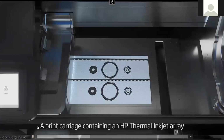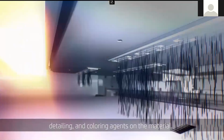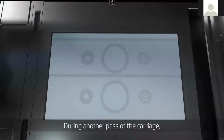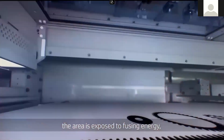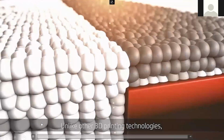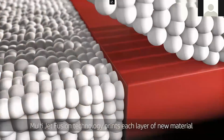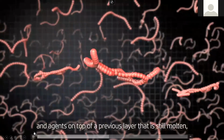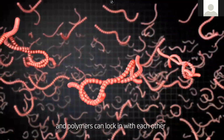Containing an HP thermal inkjet array passes over the work area, printing, fusing, detailing, and coloring agents on the material. During another pass of the carriage, the area is exposed to fusing energy, which bonds the part layers together. Unlike other 3D printing technologies, multi-jet fusion technology prints each layer of new material and agents on top of a previous layer that is still molten, so that both layers fuse completely and polymers can lock in with each other